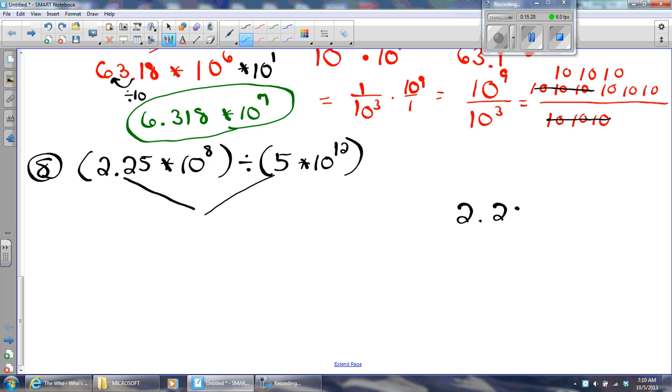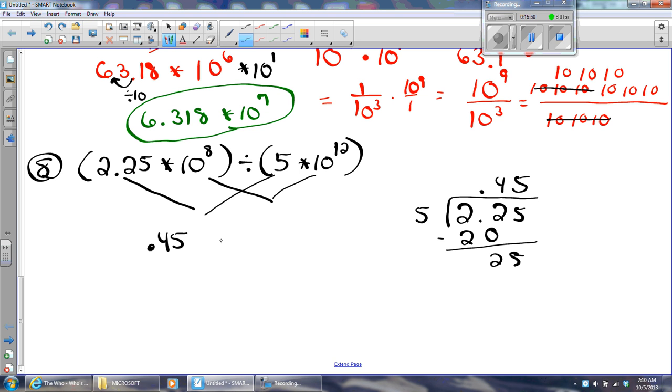But let's see. Okay. So we're going to divide by 5, and 5 is going to go into 24 times. Okay. Going to subtract 25. Yep, there's the 45 I was talking about. It's actually 45 hundredths. All right, so I've got this 45 hundredths going on. Now I'm going to divide these. And remember, scientific notation is always multiplication. I'm going to get 10 to the negative fourth because it's 10 to the eighth divided by 10 to the